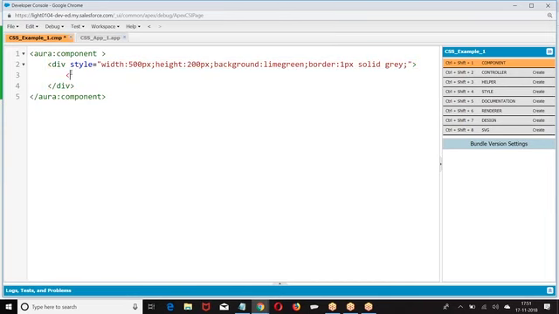Now I am giving paragraph, style, margin, color.